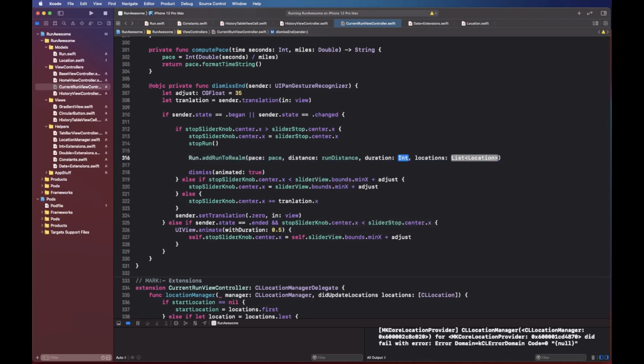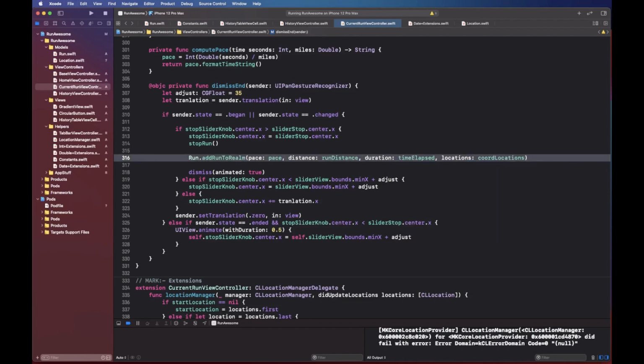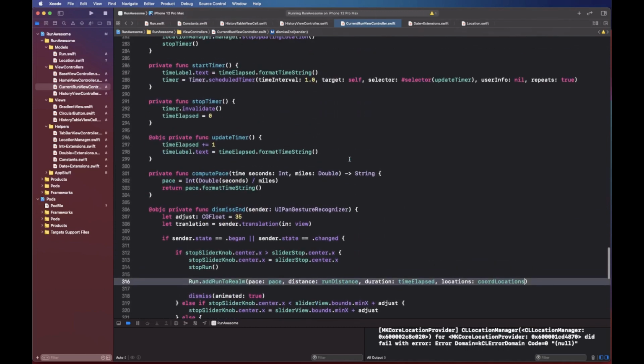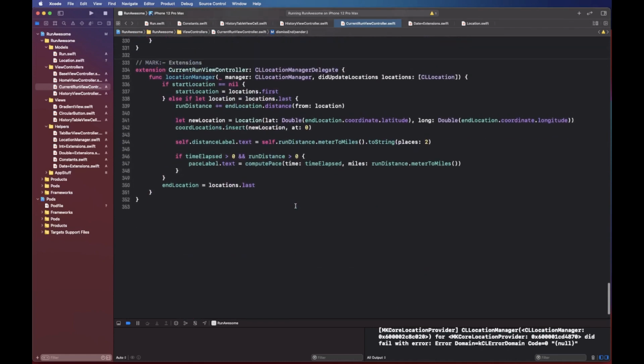Okay, duration is the time elapsed, and chord locations. All right, so these are going to be all things that we're going to be saving, and that's all it should take to save the run inside the realm. Okay, now before we go, let's make another function, and I want to make a function